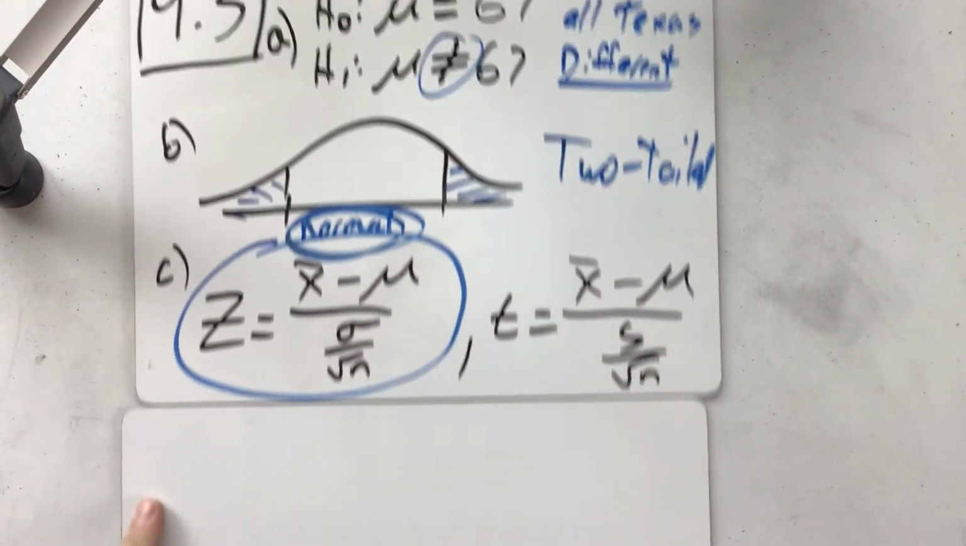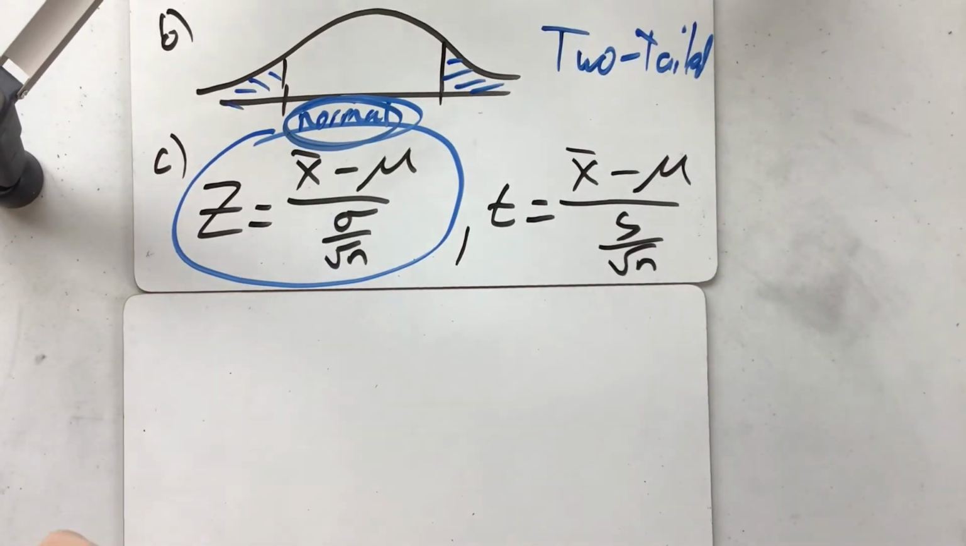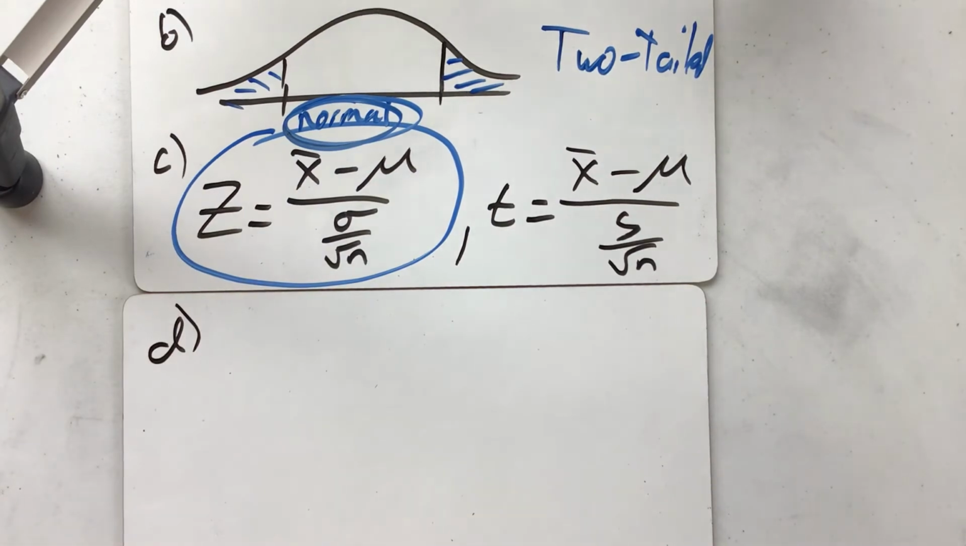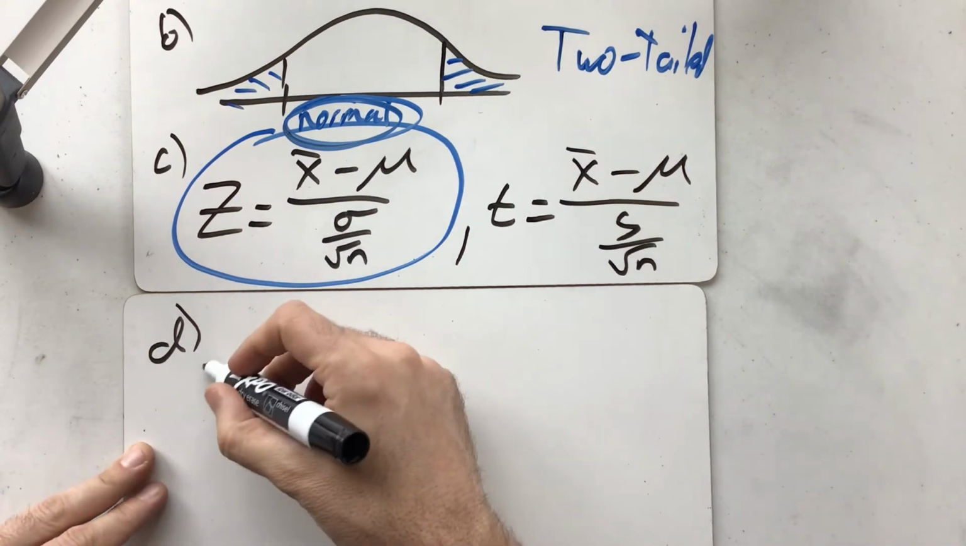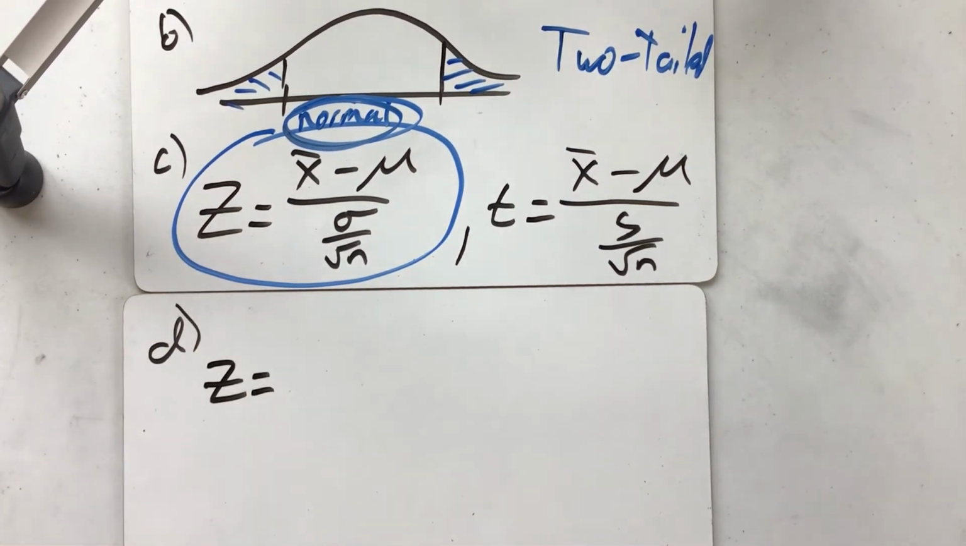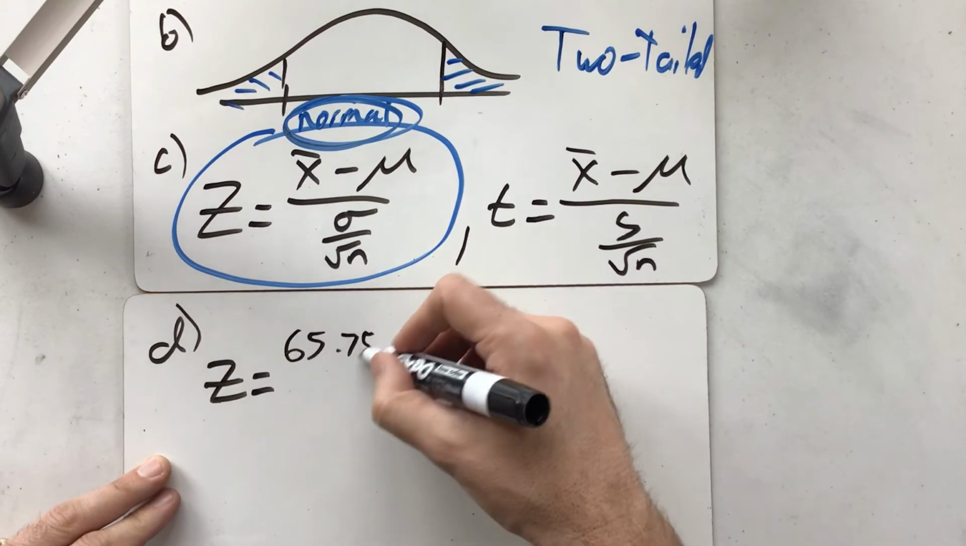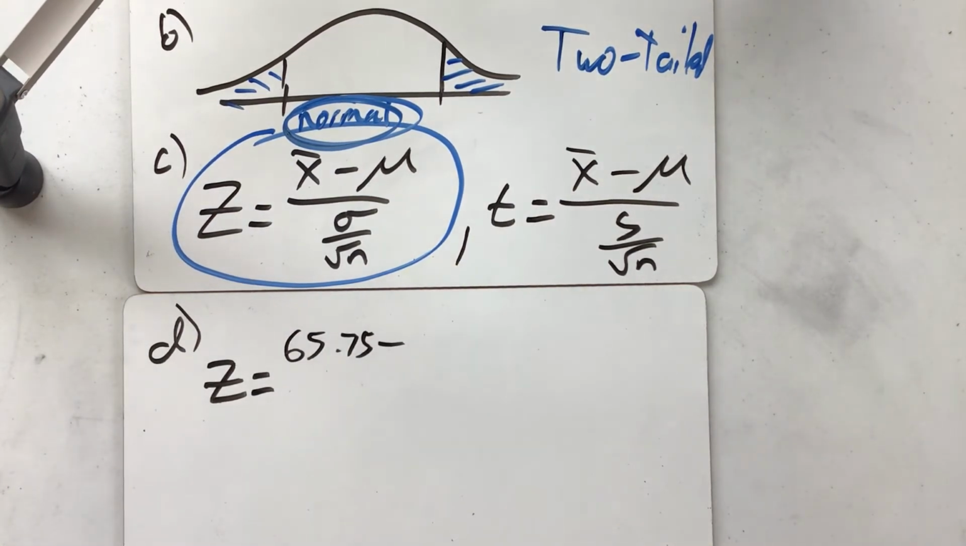So now we're ready to go ahead. Once we know that this is a normal distribution, we're ready to start calculating. So let's find our test statistic. We take our z and plug all of our stuff into it. So z equals x bar, which is from our sample, and our sample is 65.75